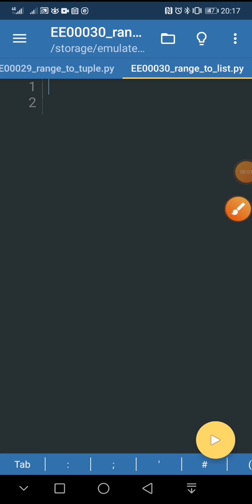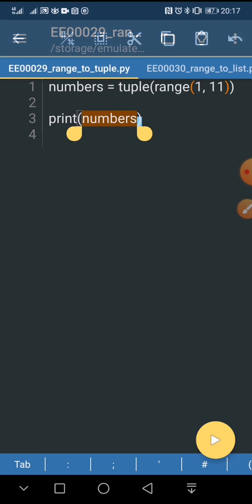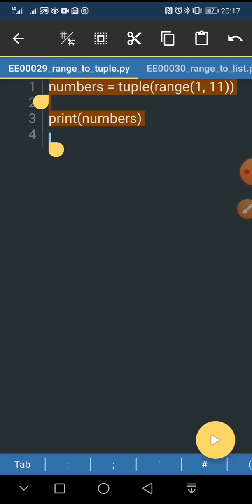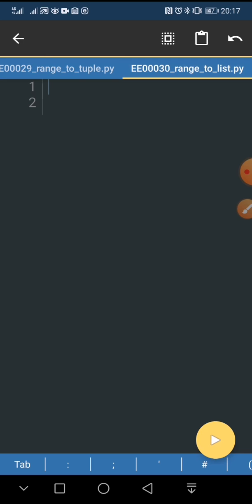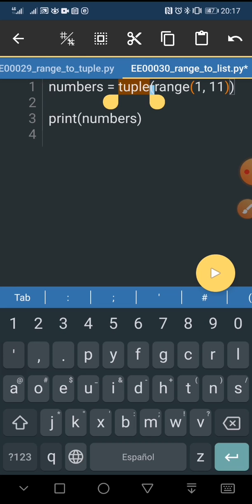Okay, on this occasion, we will convert a range to a list. We can adapt the code that we wrote in the previous exercise. Copy to the clipboard and paste here. We need to change tuple to a list